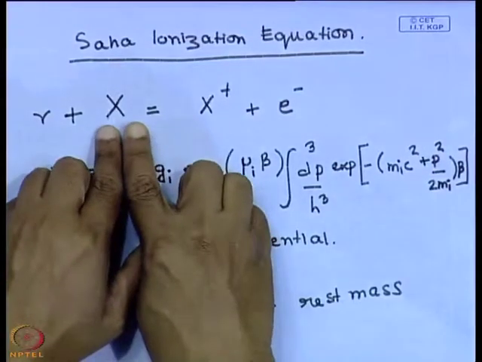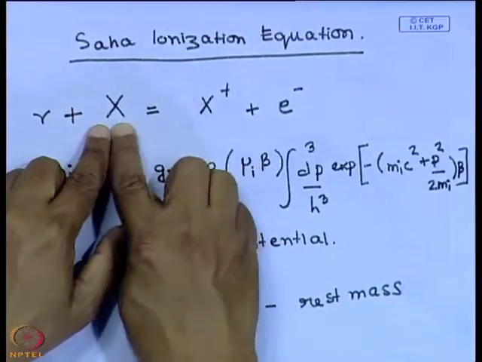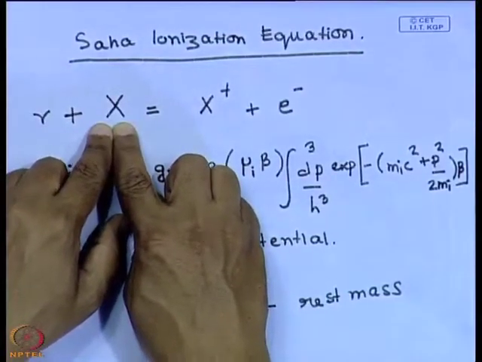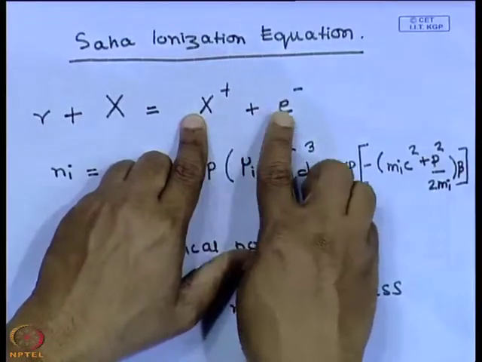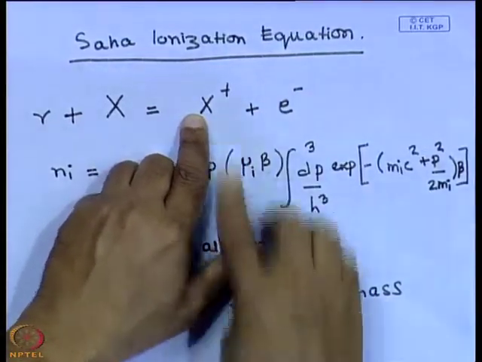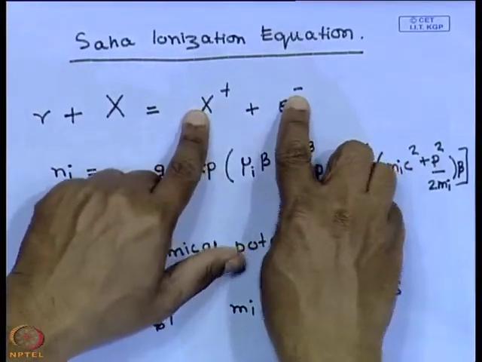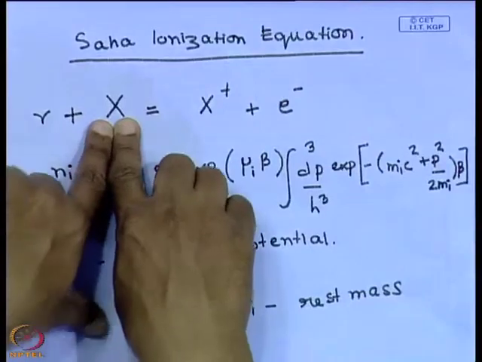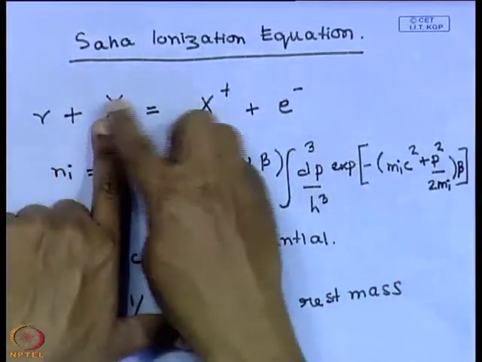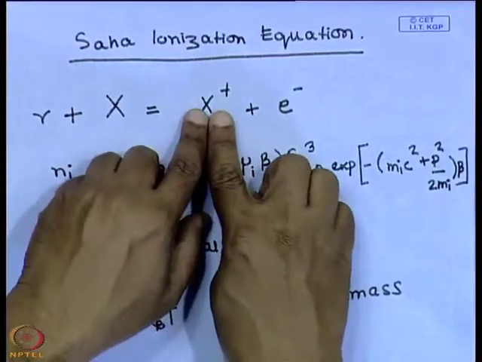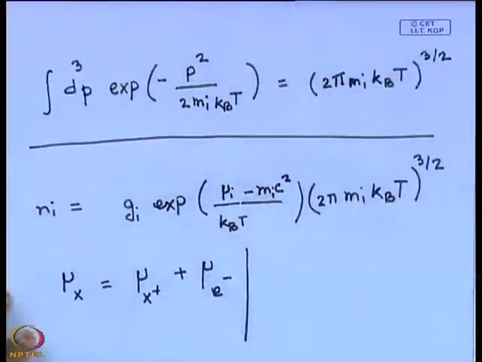So, here if I take the rest mass of this atom and take the sum of the rest masses of this ion and the electron, the sum of the rest masses of the ion and the electron is going to be more than the rest mass of the atom, because the atom is obtained by binding these two together. So, there is a loss of energy in that process, and the difference between these is the energy that is required to ionize